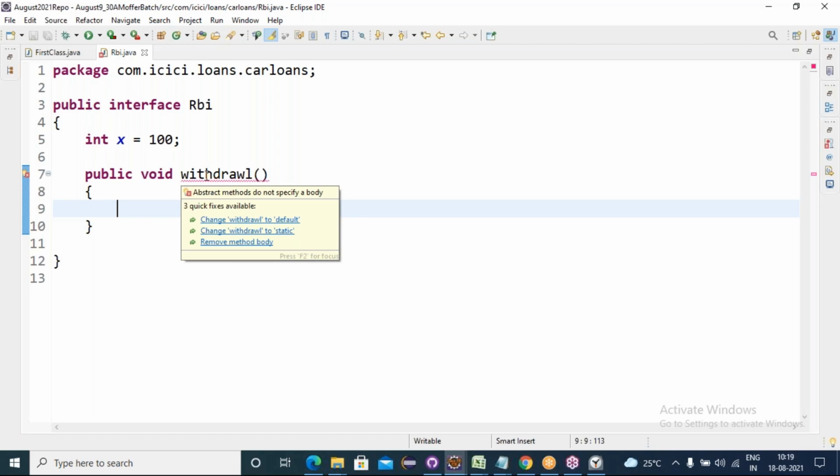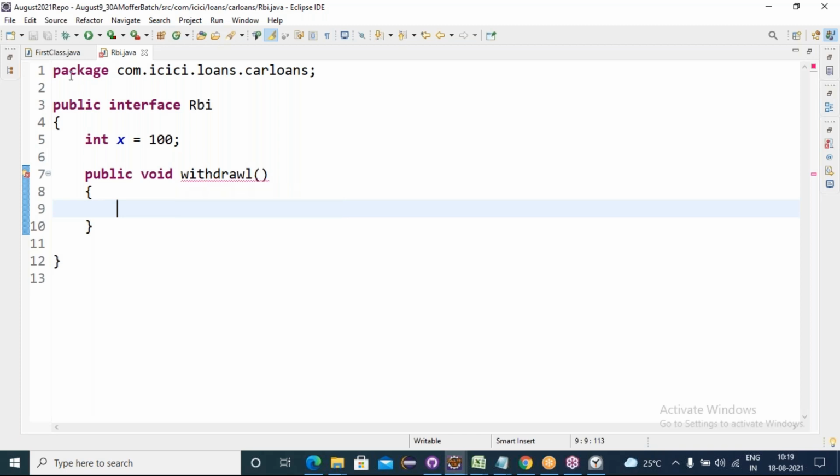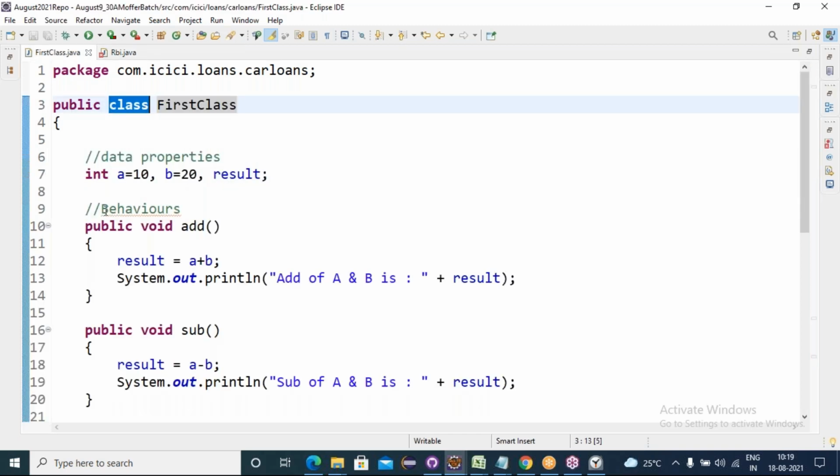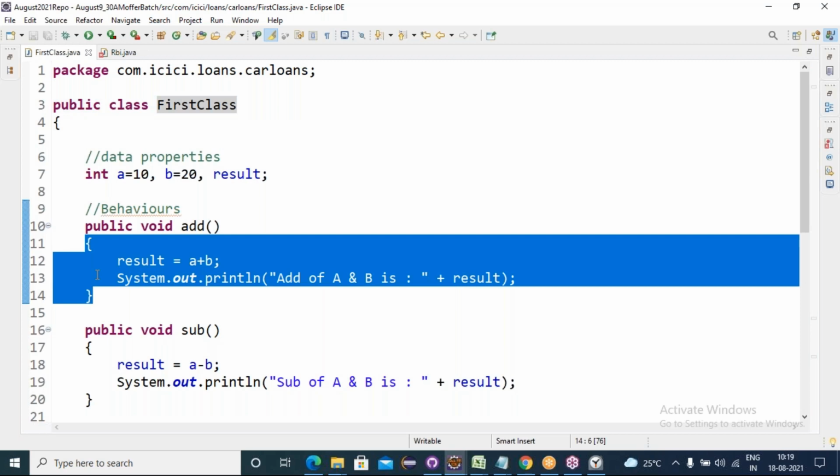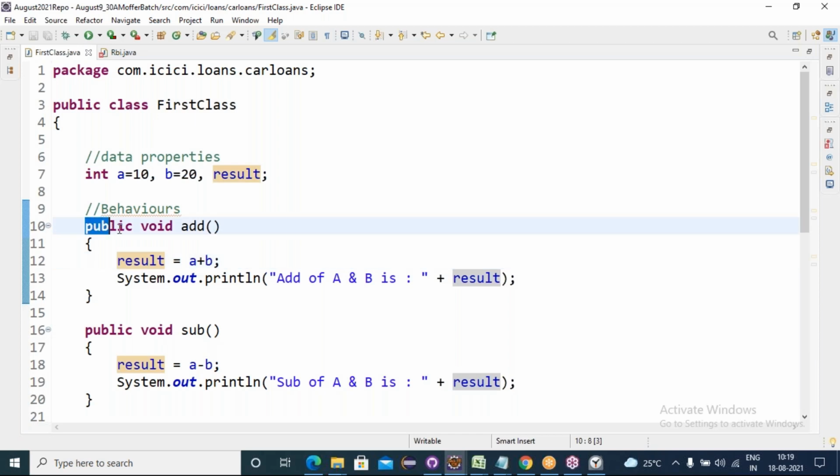Abstract behaviors don't have any body, friends. Concrete behaviors in a class have a body, like open and close curly brackets. Abstract behaviors don't have this body. Just the method name ends with a semicolon. That's it, that is called an abstract behavior.